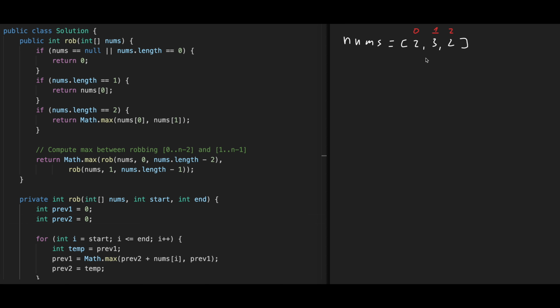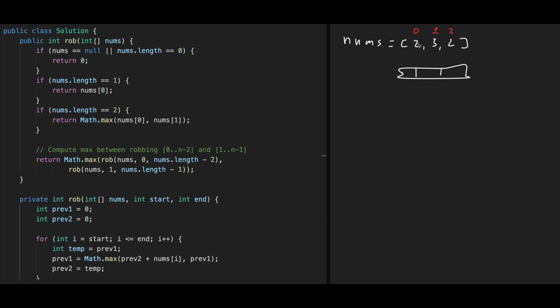So how are we going to solve this problem? We are going to solve it using the dynamic programming bottom-up approach. In the bottom-up approach, we divide a problem into subproblems, solve a subproblem, and then build up to our solution. For example, let's take the scenario when we have